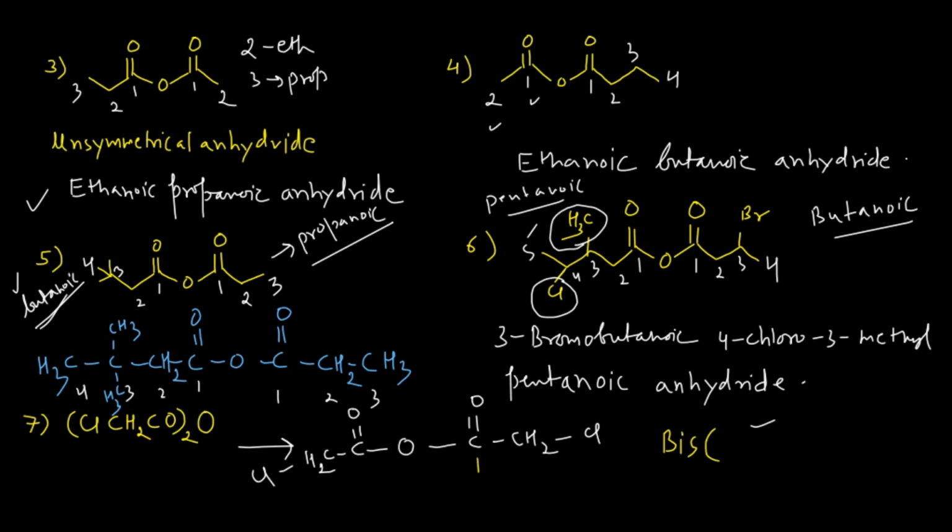you do the numbering 1 and 2, similarly 1 and 2, and at the 2 position you have the substitution of chlorine, that means 2-chloro, and only 2 carbons are there, so you will write ethanoic, okay, and after ethanoic you will write anhydride, okay. See, in the earlier case, if I go back,